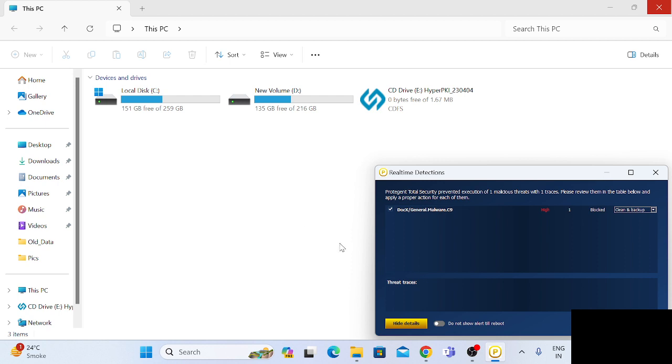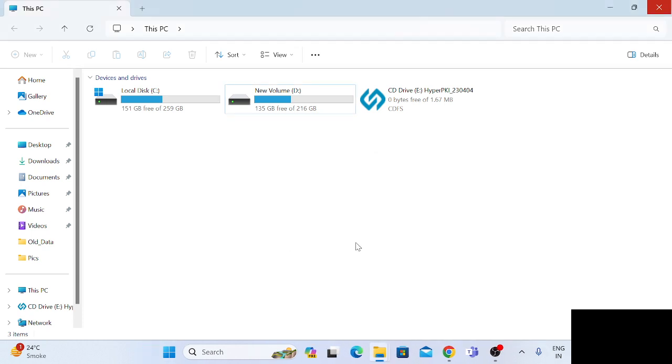Once the DSC signer service is downloaded and installed, it will be scanned by our antivirus. Just click and apply action. The service will be installed.